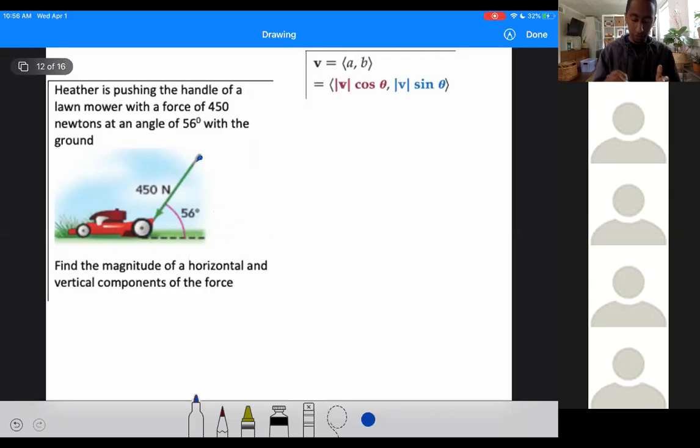So the two components: pushing downward, which is a vector because it's pointing downward, is the vertical component of the force. And pushing horizontally is the horizontal component of the force. What we are trying to find is how much force she is pushing downward based on the information we have, and how much force she is pushing forward. Before we get to that,